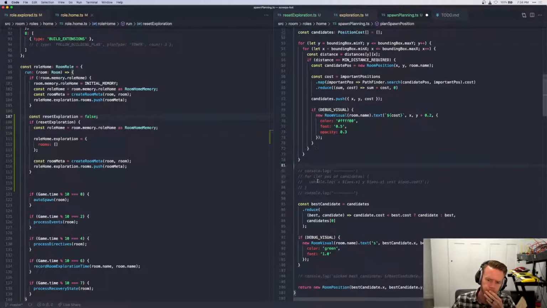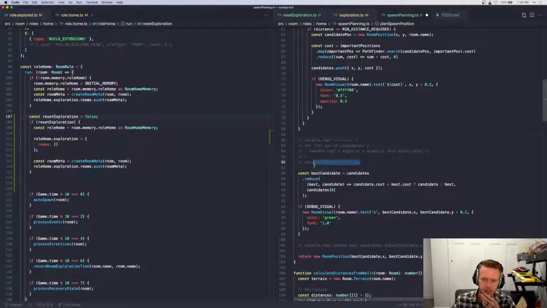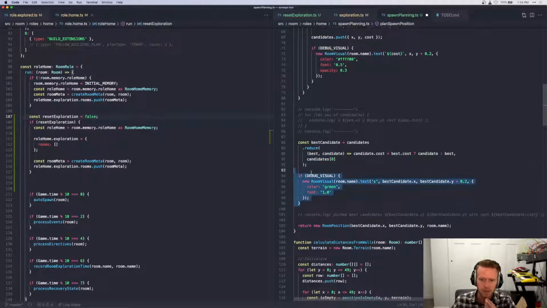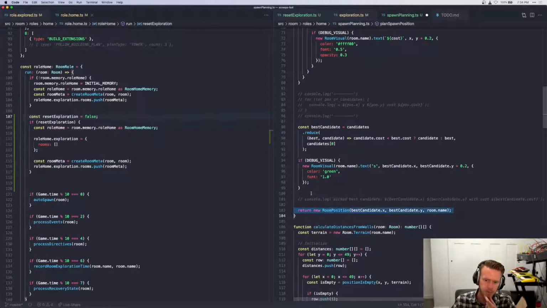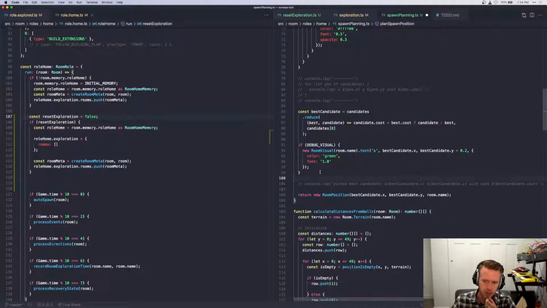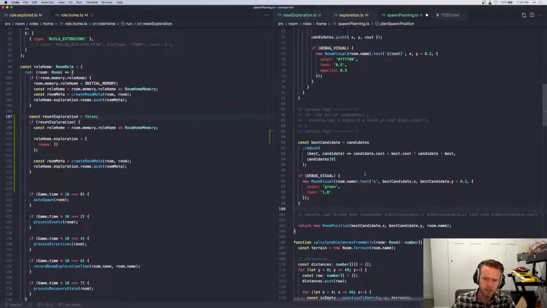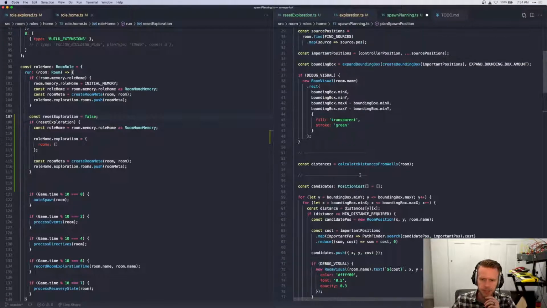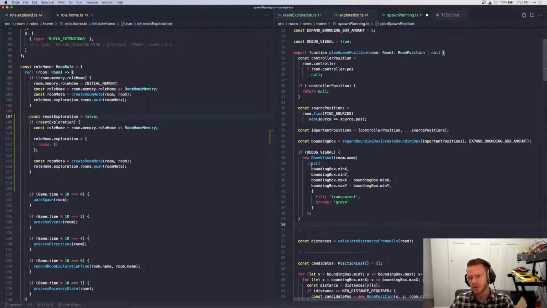So then I think everything afterwards is pretty straightforward. You basically say, okay, the best candidate is just the candidate with the minimum cost. So this is just reducing to take the minimum. We debug it so we can see where we've chosen, and then we return it. And we wrap it in an actual room position. So that's how all that works. We just need to break it up is all. So what that means